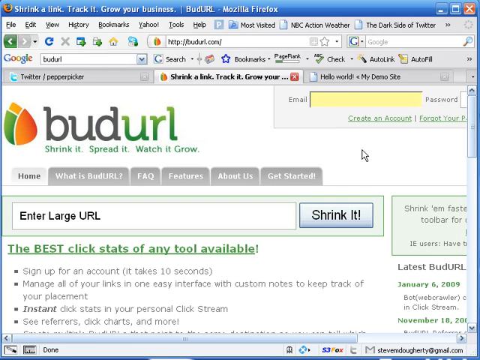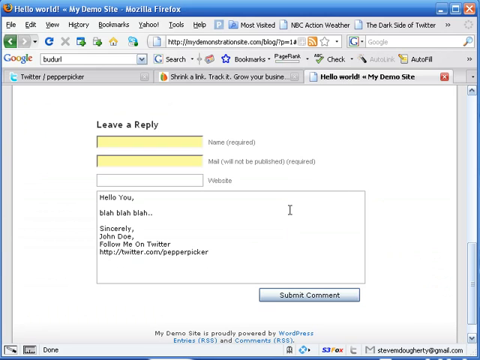Now, that being said, there are some folks that have that train of thought, and I can't explain why. I'm not a psychologist, but whenever they see something that is not an exact URL or an absolute URL, that it is more of an obvious tracking URL, then it may raise a red flag, in which case they may not click on it at all. So then you're kind of wasting your efforts in there, even putting that link in there. So you kind of have to weigh that out.